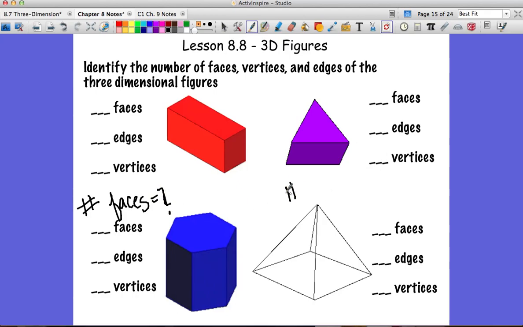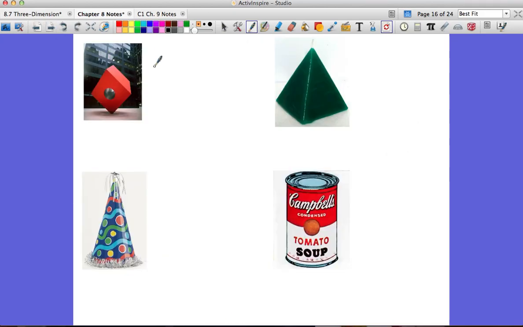And then we'll call this number 2. And then we can say that this is number 3, this is number 4, number 5, and number 6. So when you post to Edmodo, make sure that you put the number and then what your answer is to that